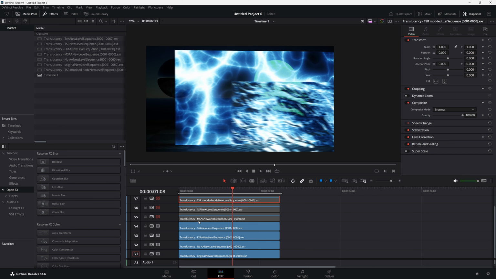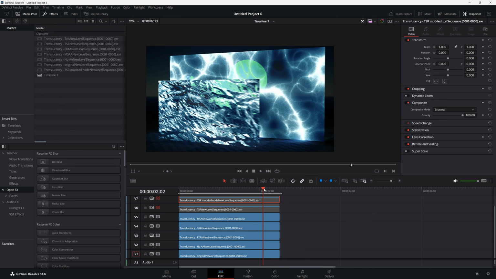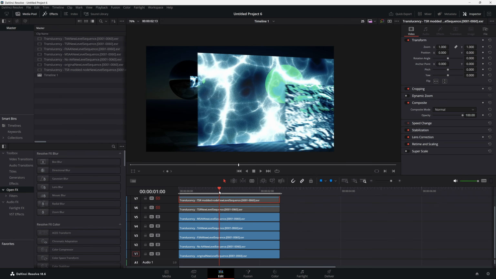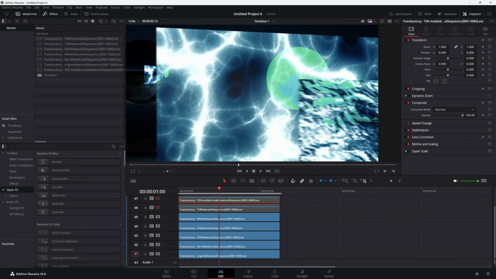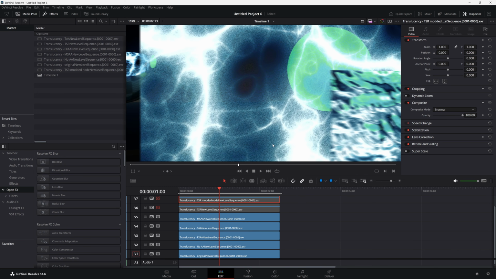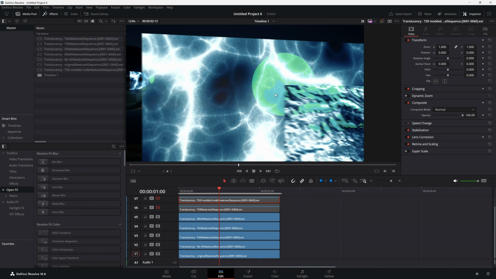So let's have a look at the MSAA, which is multi-sample anti-aliasing. And again, it looks similar to the no anti-aliasing that we had before, like the same sort of distorted colours and loads of noise. And then the next one, which is the temporal super resolution anti-aliasing, which actually gives us